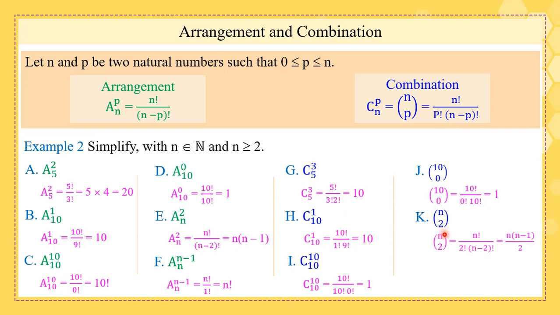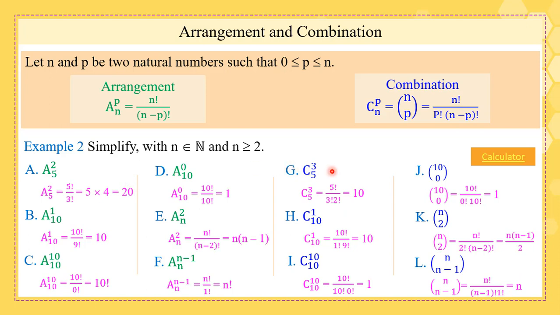Well, this is C(n,2), this is n factorial over 2 factorial times (n minus 2) factorial. If we simplify n factorial and (n minus 2) factorial, we get n times (n minus 1), and 2 factorial is 2. And finally, this quantity, this is n factorial over (n minus 1) factorial times the difference between n and n minus 1, which is 1 factorial, and this is n.